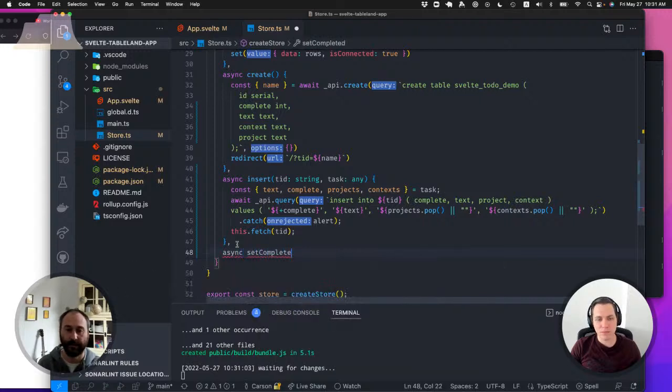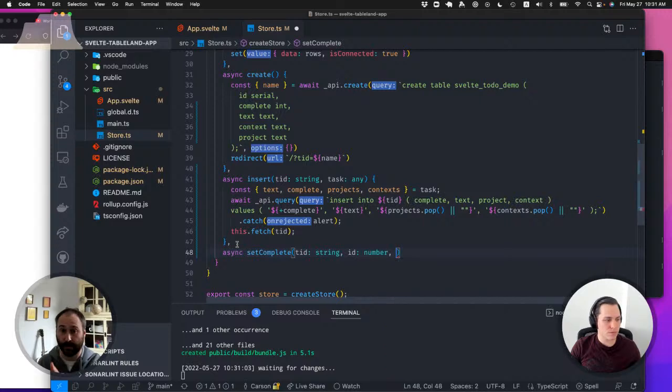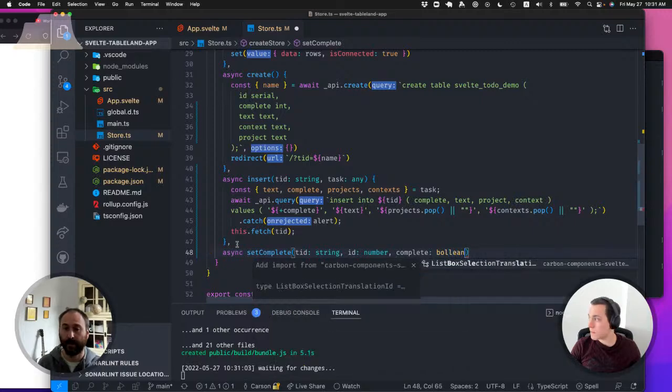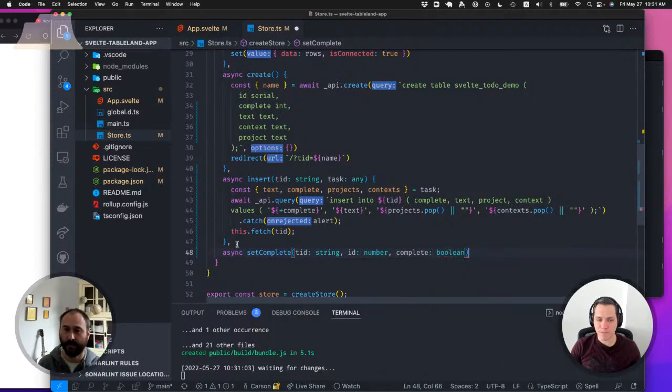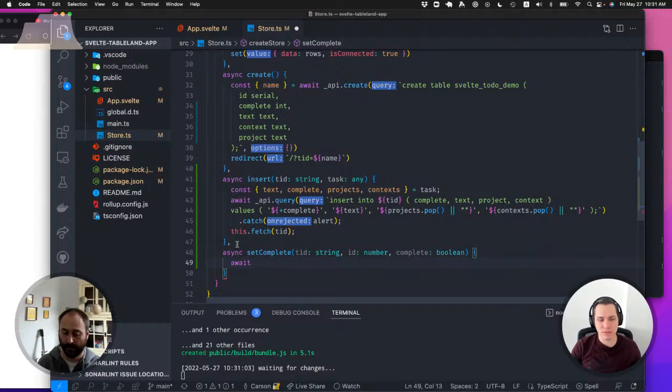Again, we'll specify the table ID, the ID of the thing we want to set complete, and then whether it is complete or not, because maybe we'll want to mark it incomplete for some reason. Otherwise, I guess we could just ignore that and always set it to 1. But anyway,